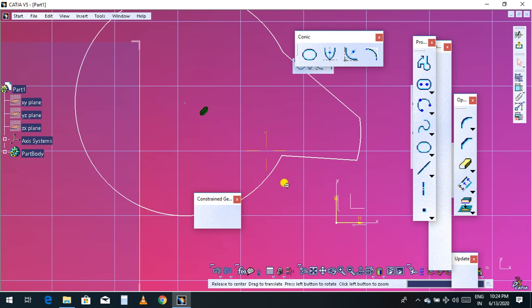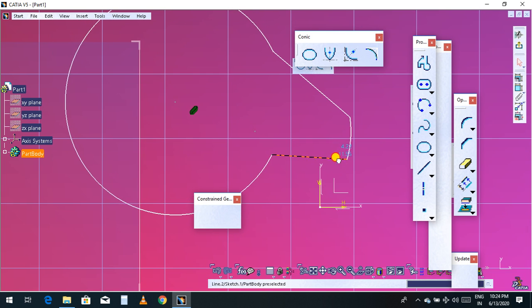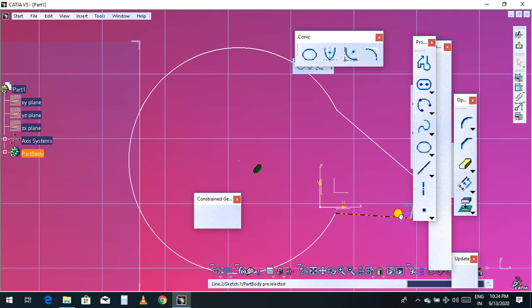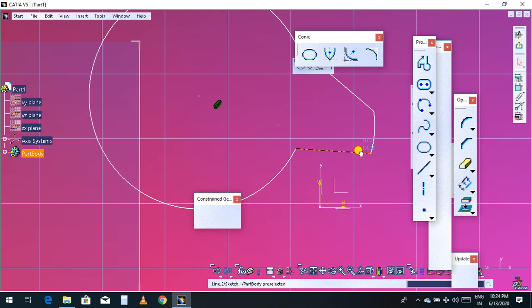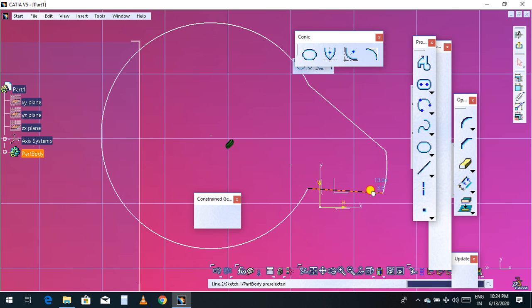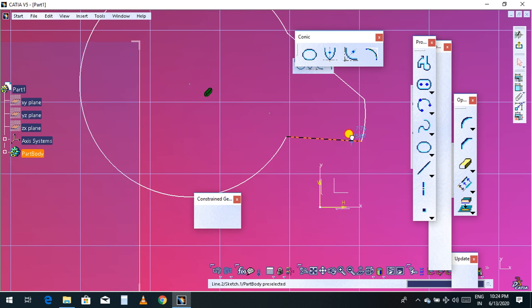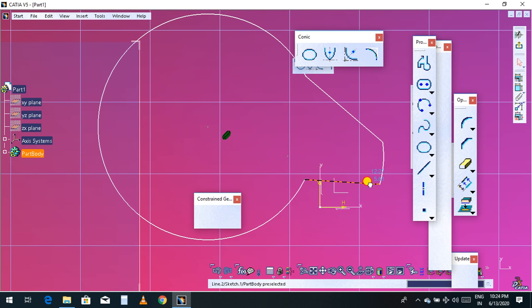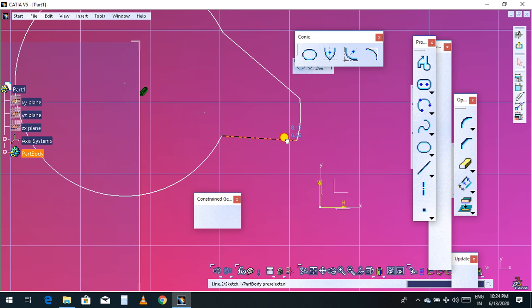So now it is fixed. Now if you click and move it, all the parts will move. It will not leave any position, expand or drag any length, because it's already fixed. All the parts are fixed, including all the corner points. That is the reason all the points and lines are already fixed. So this is called fix.